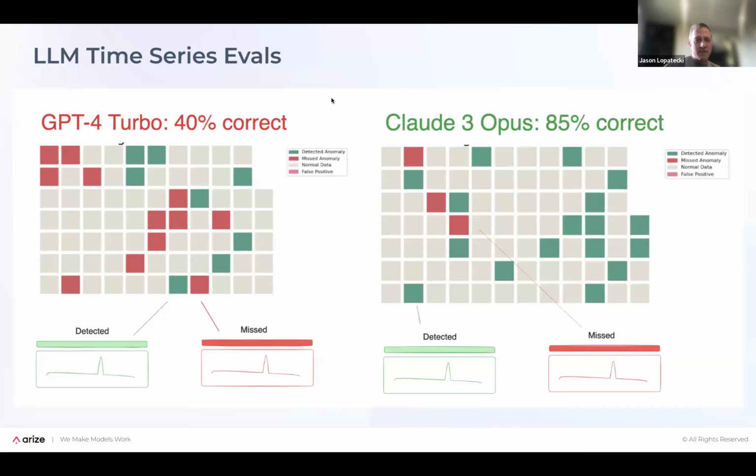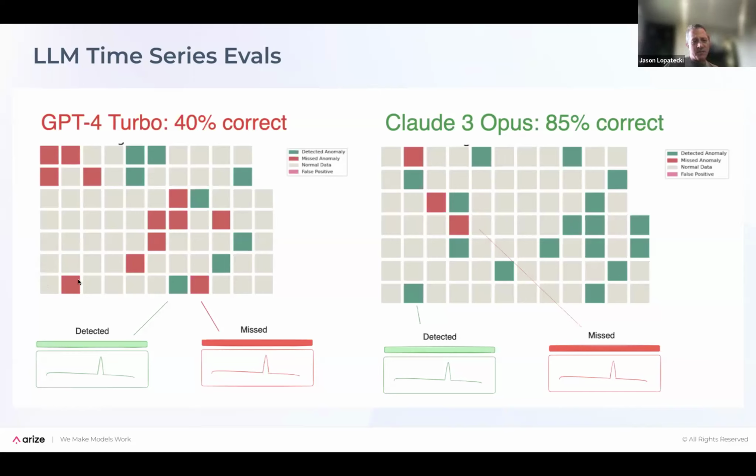So when you look at the results and what we're testing for, it looks something like this: every box here is a time series we fit into the context window. And we test different sizes of context windows. This one's a smaller one, maybe 30K-ish. The gray boxes just mean that no anomaly was added to the data. It's just noise.